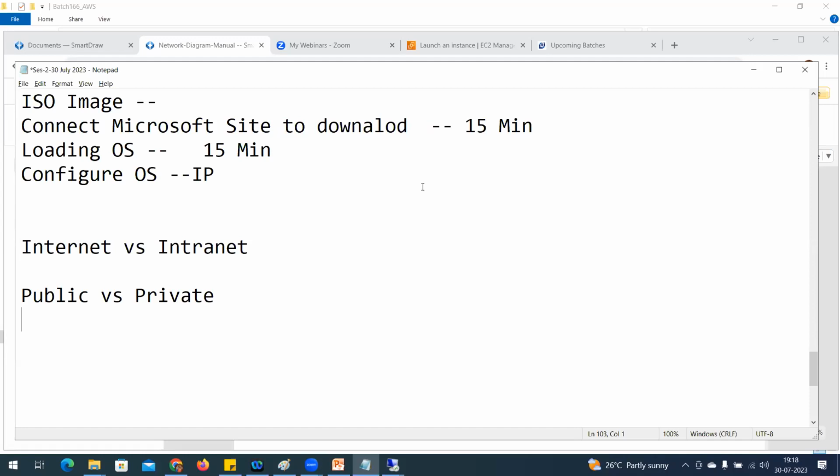A simple layman understanding: a park is there. That park is accessible by the public. Anyone can enter and do anything, right? A private property, you have a gate and a lock, and that property is accessible only by whoever is authorized, right?